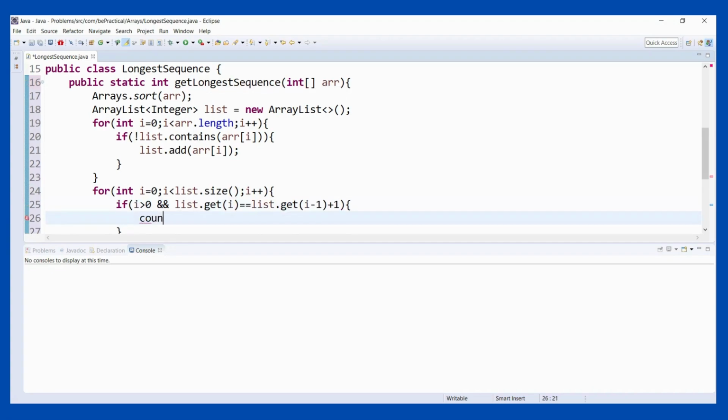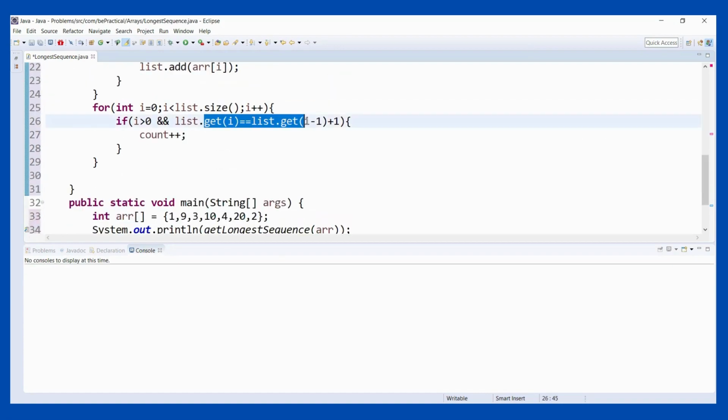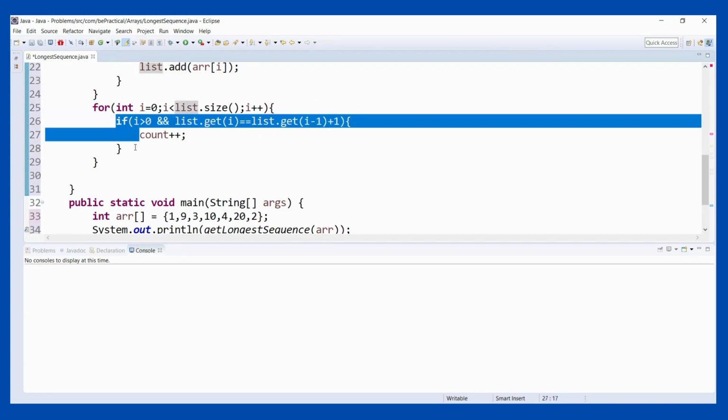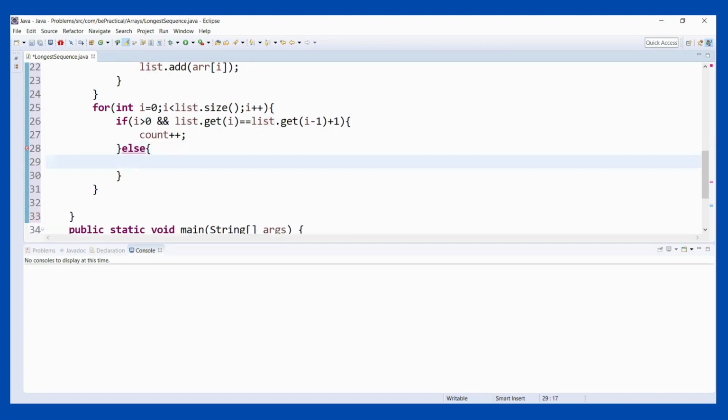Count plus plus. So we don't have the count variable, so let me create at the top int count equals to 0. Right. If this is not the case, let's say because the current value of I is going to be 0, so I is less than 0. And since we are using the AND operator, this condition fails, so it will never check the if condition. So I will put this else part, and here I will start the value of count from 1. So it means that I'm not getting that sequence,